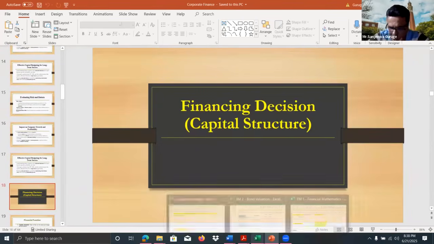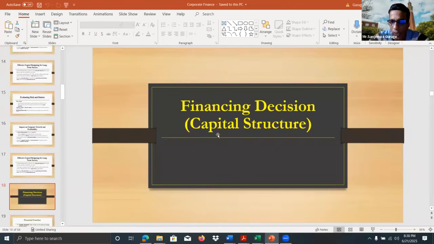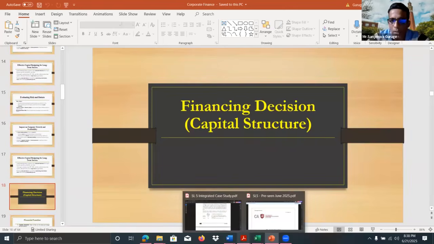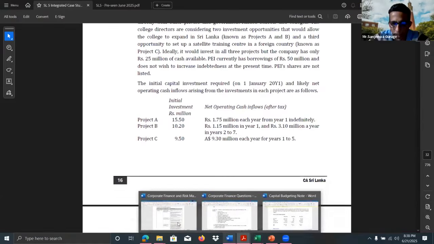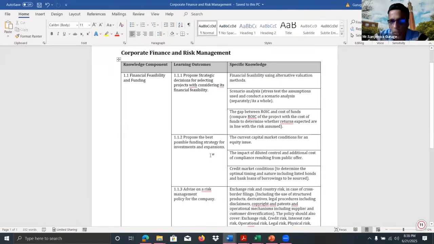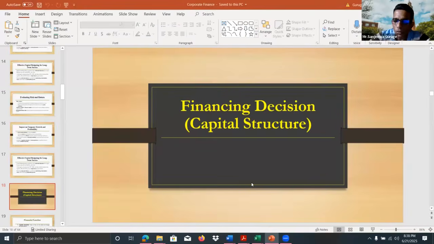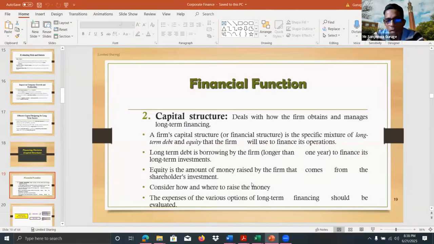So this is the capital structure decision. Why do we call this financing decision the capital structure decision? Because for financing the investment of a business, the company can use different sources, and broadly we use equity and debt. The way of financing the investment of a company will decide the capital structure, and that's why this decision is also known as the capital structure decision.